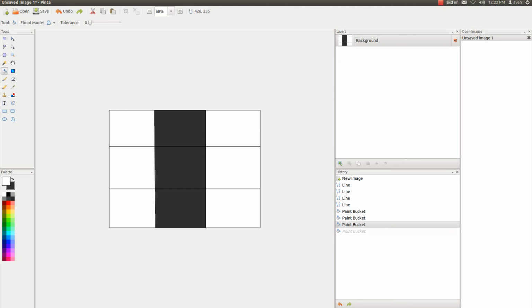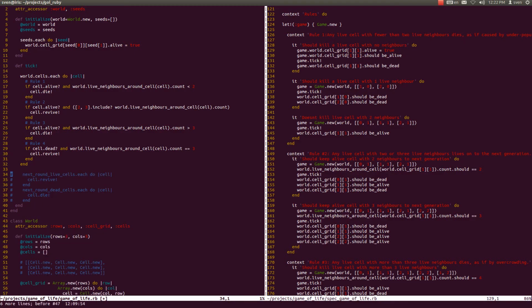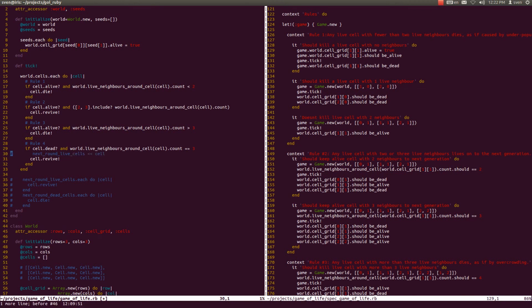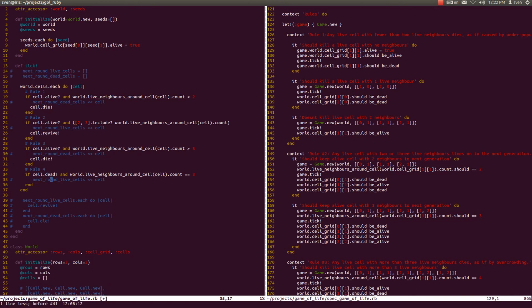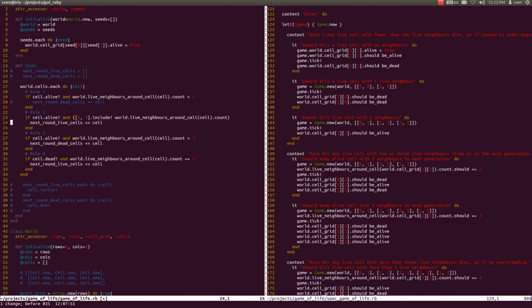Okay, so what we have to do here is something like this. I will just uncomment the real code, the proper code, which makes it all behave well and good. So what I have done here, I will run you through it. Observe just these lines. Under rule number 1, I haven't changed the wording of the rule, so it's still if the cell is alive and it has less